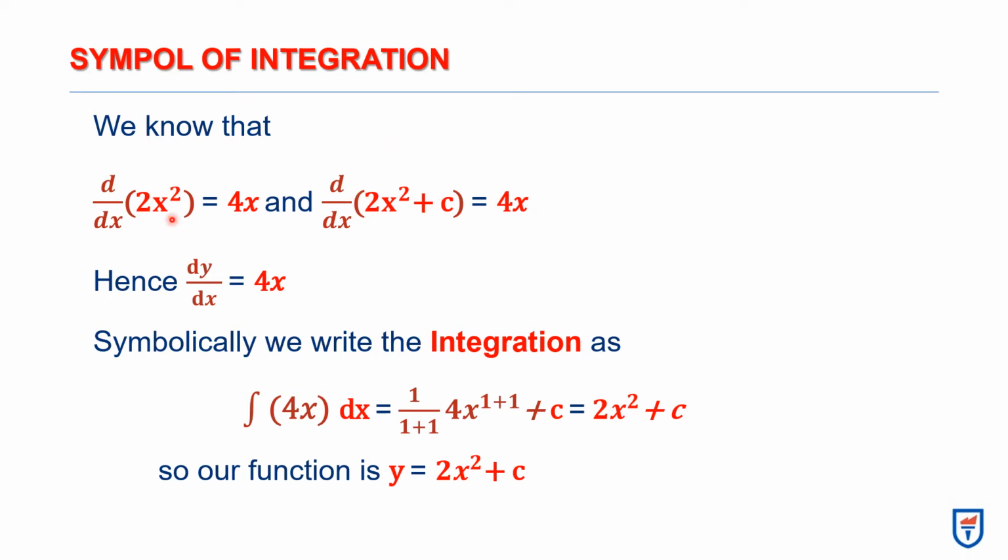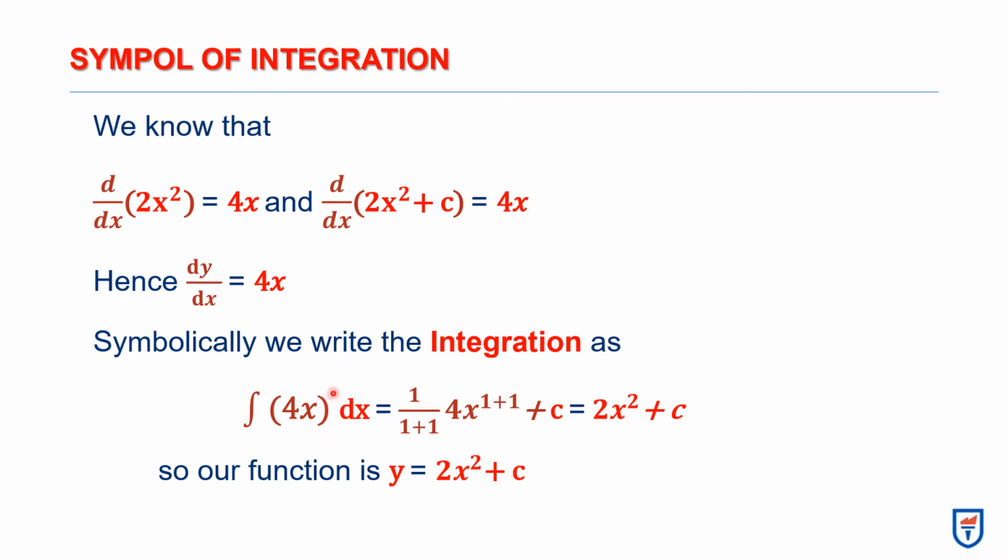So these two functions are different, but they give us the same derivative, which is 4x. When we are integrating, we use an integration symbol. We're integrating our 4x in order to get the original function which we had before we differentiated. So when we integrate 4x now, with the integration process, which is the reverse of differentiation,